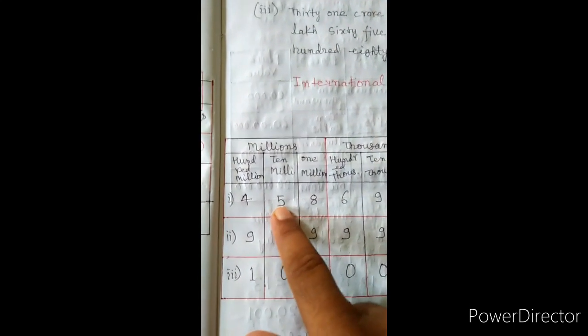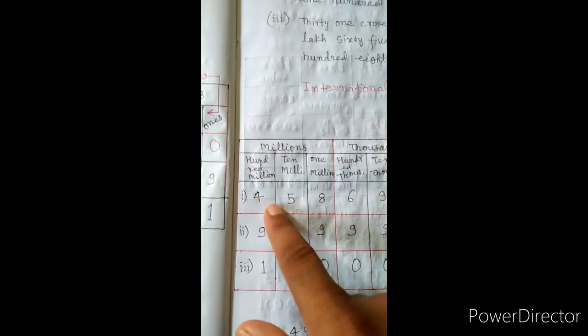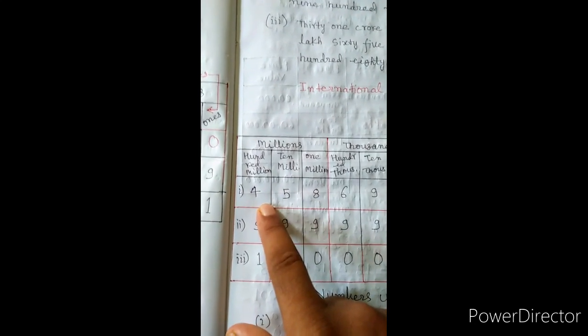We can form numbers like this. Ones place, that is 2, tens place 0, hundreds place 1. In this way I can put digits and these numbers will be read like this. 458. These digits are in millions period. So we read it like this, 458 million 693,102. This is number names in international place value chart, international place value system.